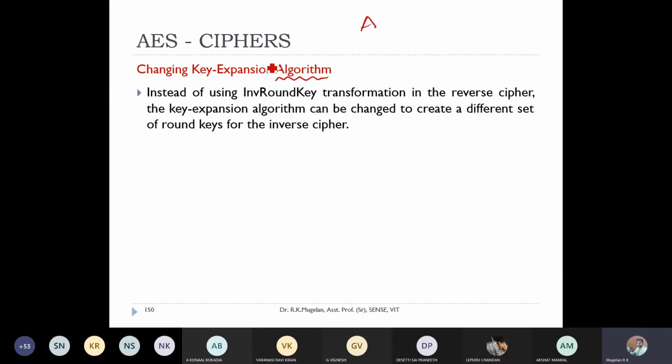That is, if you're going with AES 128, the cipher key should always be 128-bit, and the round key should be 128. If you go with AES 192, again your cipher key should be 192 and your round key should be 128, and according to that, 256 and 128. This input and output should not change. Based on this condition, you can design your own algorithm to get these bits as output or key. So these are some of the flexibilities available in the AES algorithm.